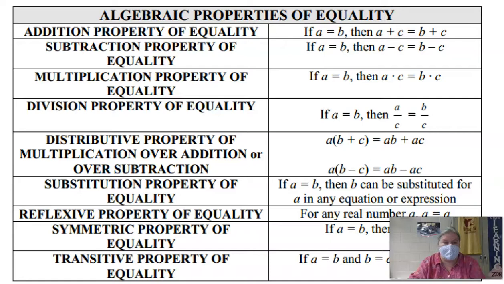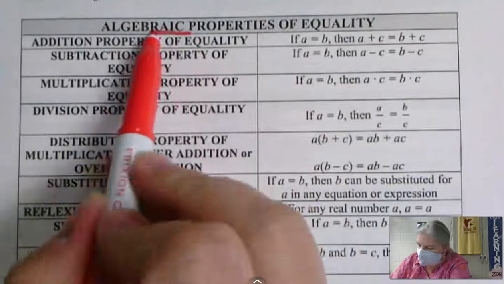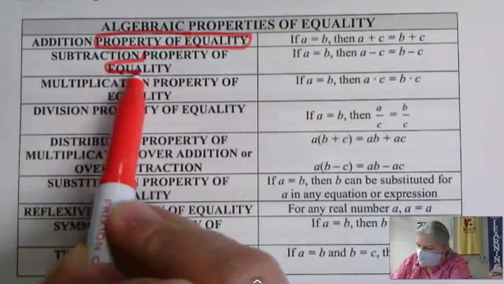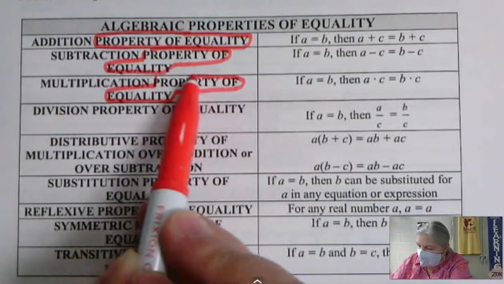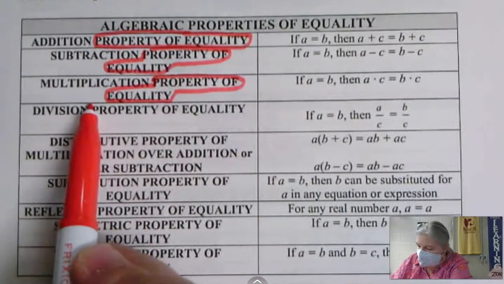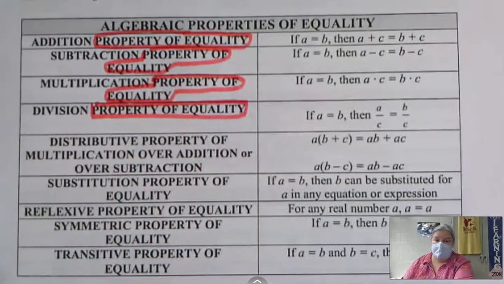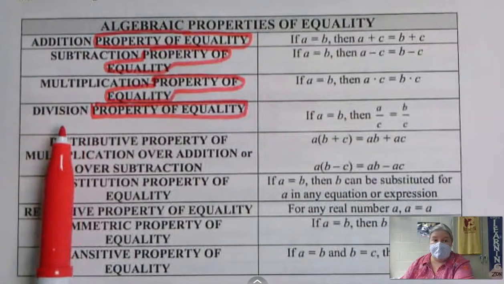So let's look at them a little bit more in depth. The first thing I want to look at is the first four of them. Notice all of the first four have a certain phrase in common. Now, they're not the only ones that have this phrase in common, but all of those first four say the words property of equality. And the only thing else they say is addition, subtraction, multiplication, and division, which are the basic four operations we do in all of math. Okay, so we have the addition property of equality, subtraction property of equality, multiplication property of equality, and division property